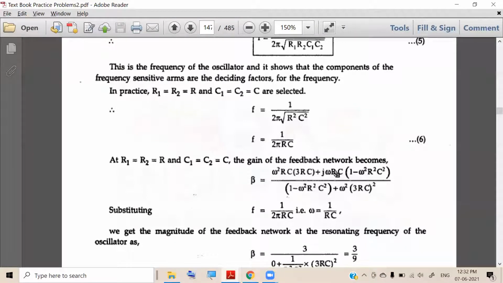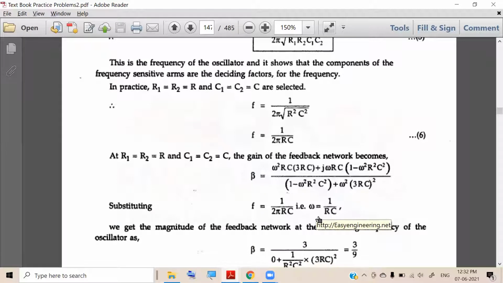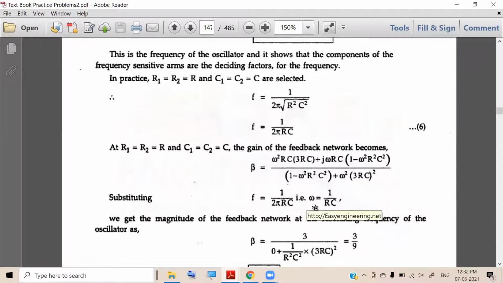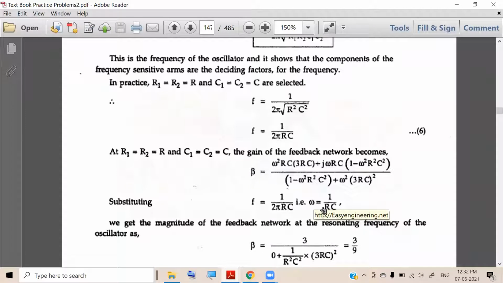Okay, so here, if we consider omega is equal to 1 by RC, cross multiplying this RC into LHS, we will have omega RC is equal to 1. So simply we can consider omega RC is equal to 1. So if omega RC is equal to 1, obviously omega RC square is also 1. 1 into 1 square is 1, isn't it? 1 multiplied by 1, simple school maths, is equal to again 1, isn't it? So omega RC will be 1.